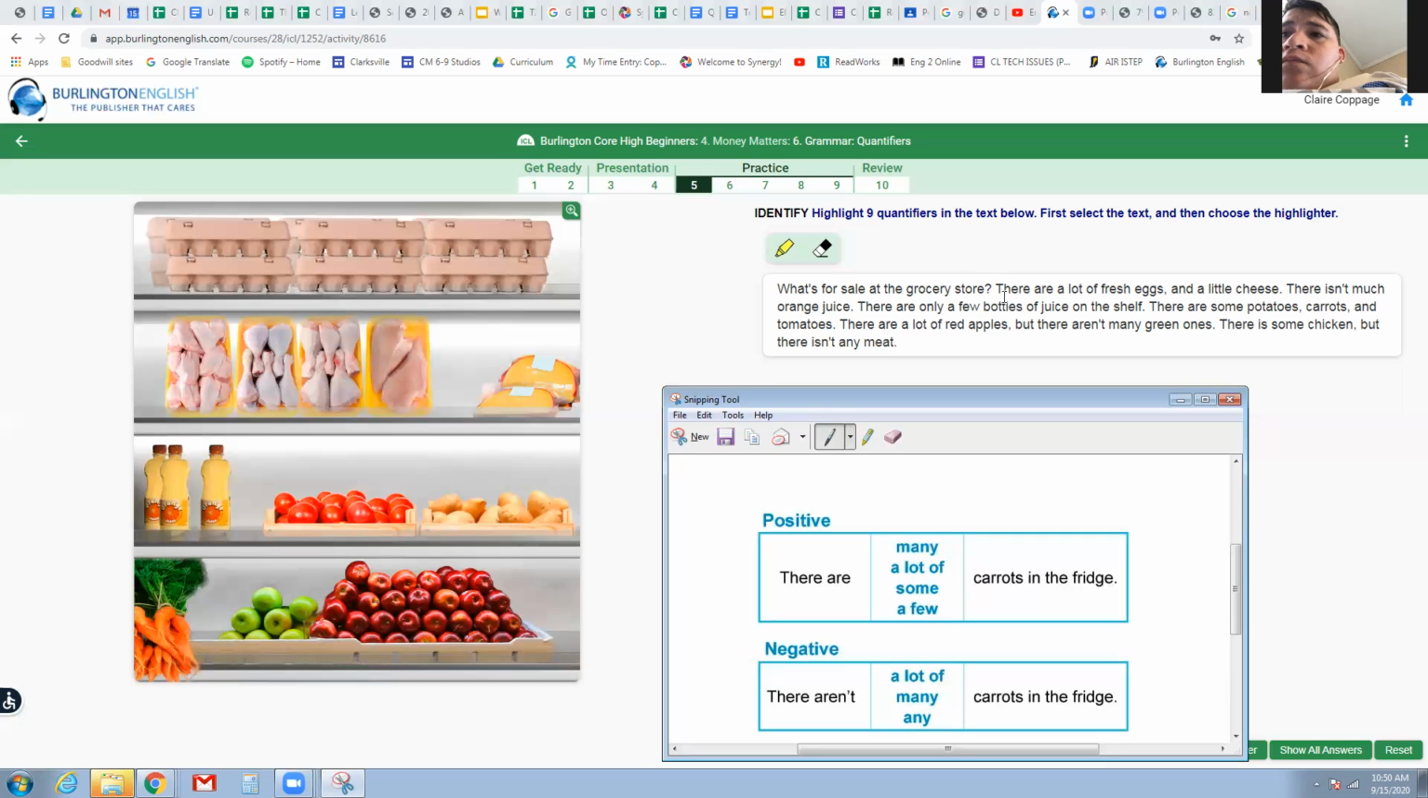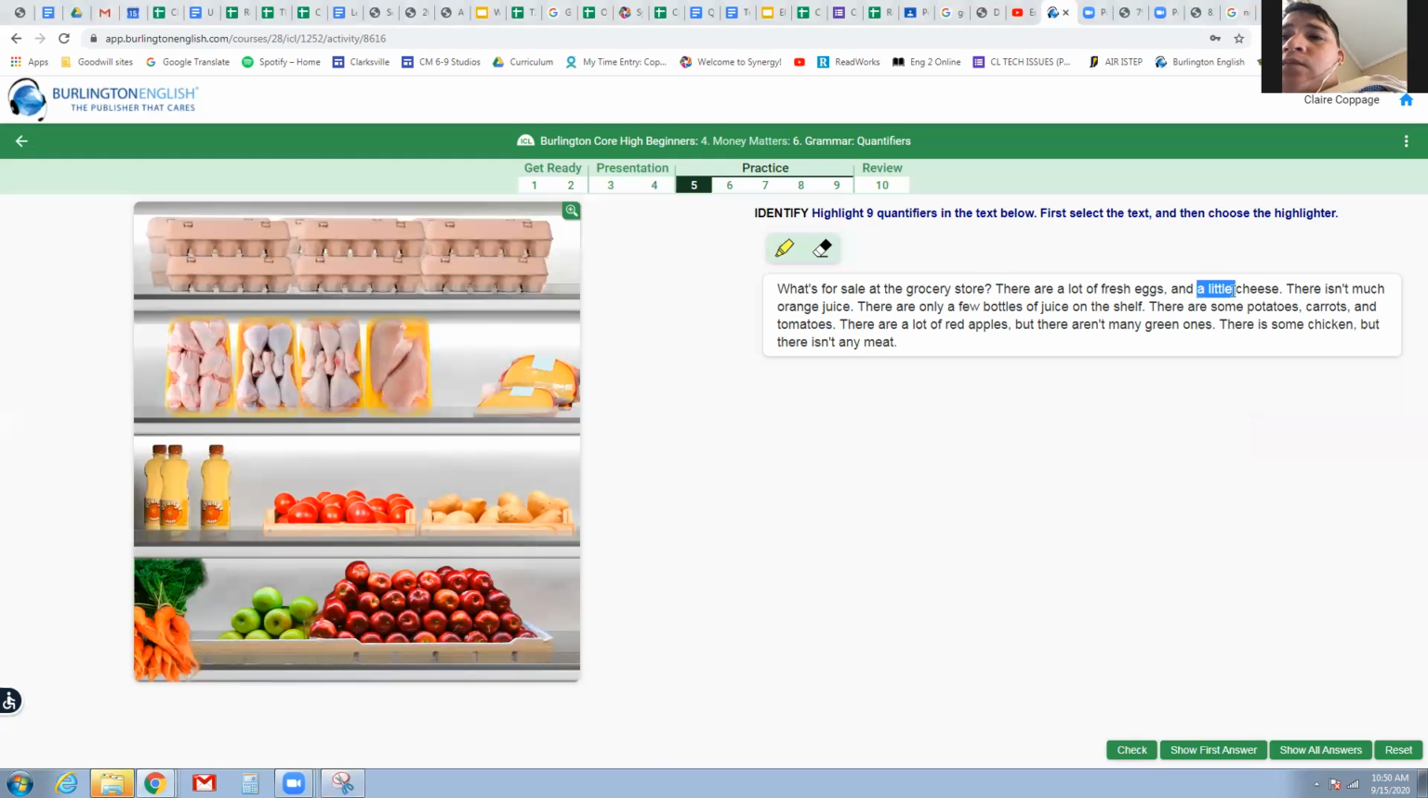Next sentence. There are a lot of fresh eggs and a little cheese. Sí, a lot. And which one? A lot of. A little. Good. So this word of is important to the expression. So there are a lot of fresh eggs. En español no hay